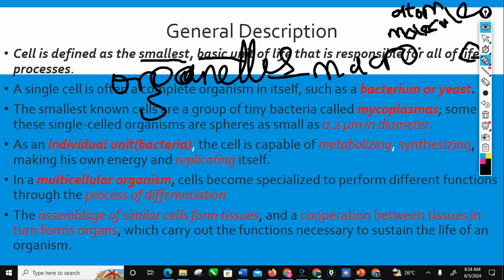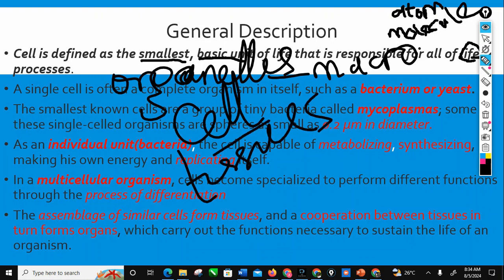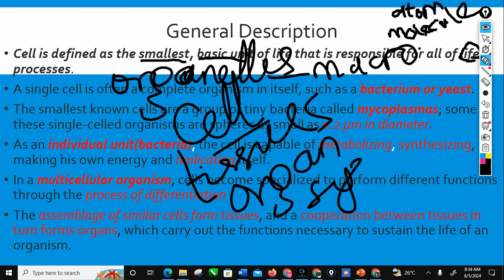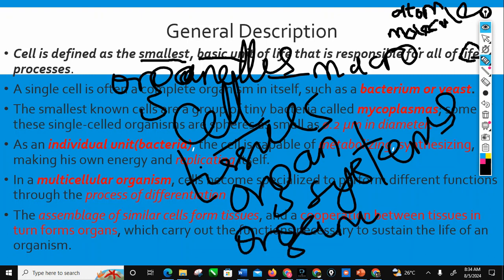When organelles function together, they form the cell. So the cell is the functional unit of life, the one entity able to perform all life processes. Organelles work together to form cells, and then cells organize themselves in different ways to form tissues. Tissues organize themselves to form an organ, organs come together to form systems, and the systems come together to form the living organism itself.